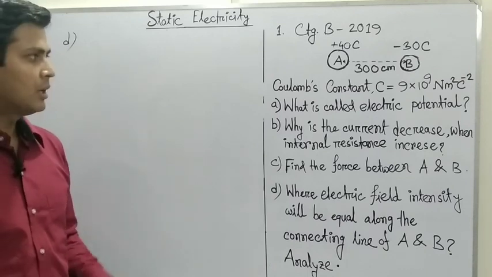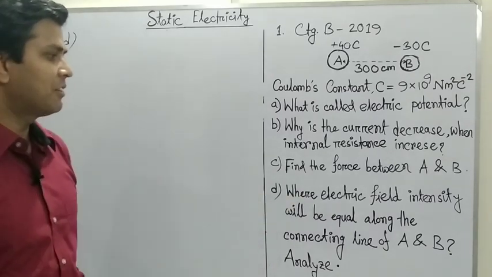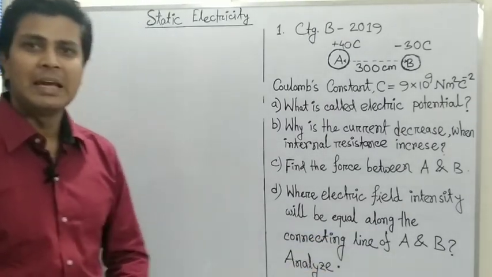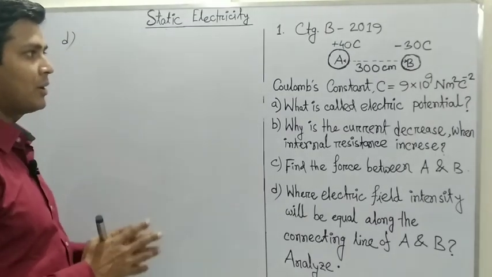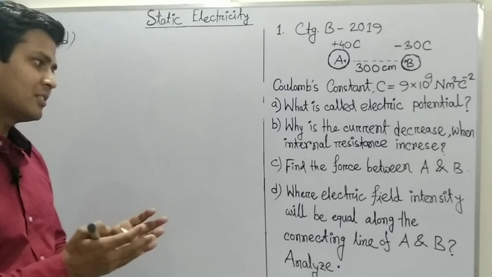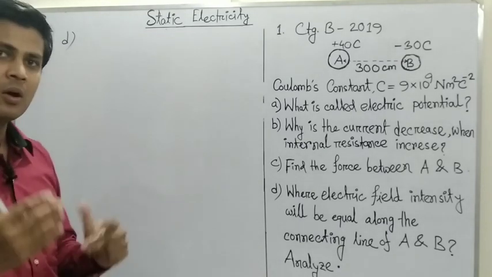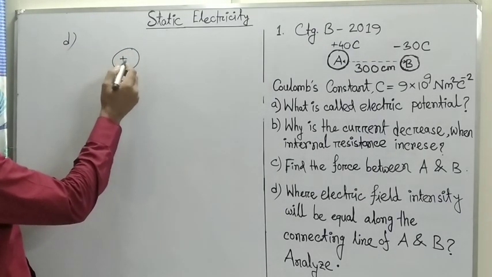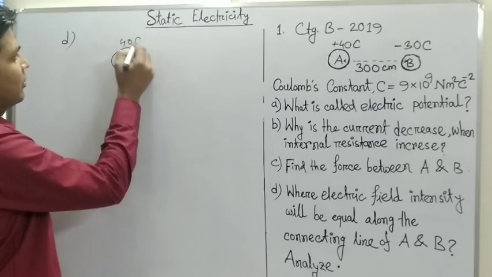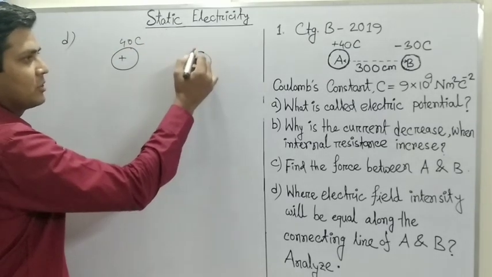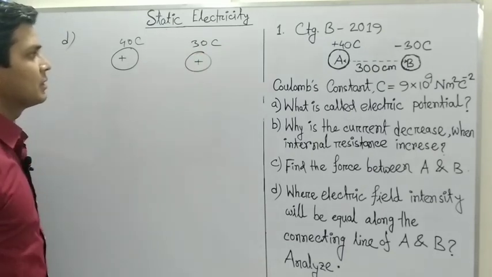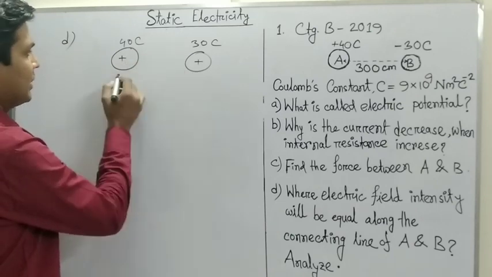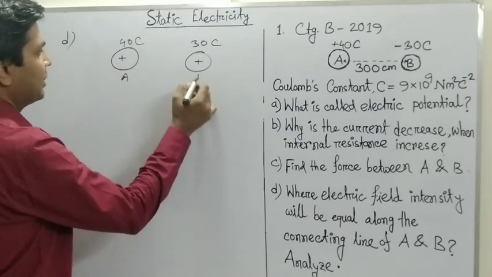Question D. The question is where the electric field intensity will be equal to 0 along the connecting line of A and B. That means we have to calculate the position where the electric intensity will be 0. Let us see a figure here. Suppose the first charge is positive, which is 40 coulomb charge, and the second charge is also positive, which is 30 coulomb charge. And if we place a positive charge between the two charges A and B,